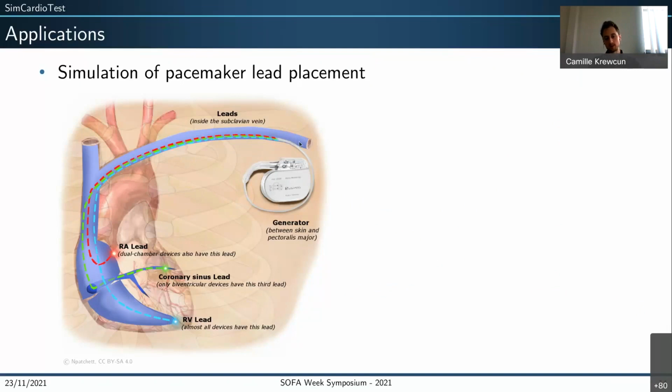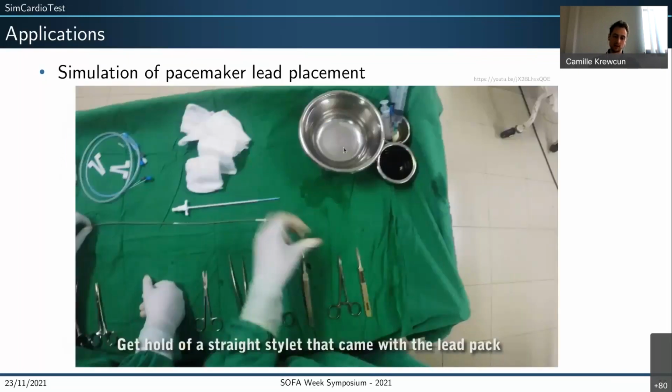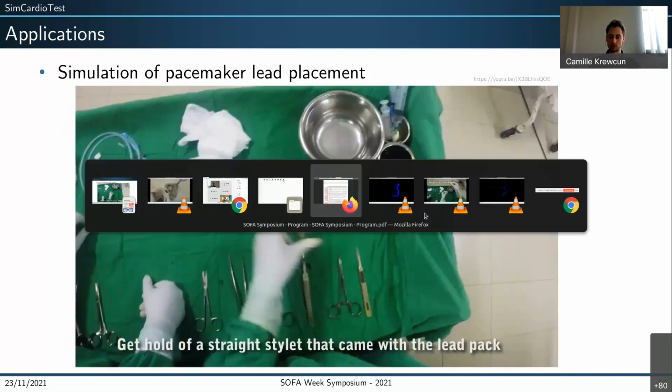What's important here is that the lead is actually something that is pretty soft. So it's good because it's less likely to damage structures inside the heart. But the drawback of this is that it's hard to navigate it because of the softness. And in order to place the lead inside the heart, the physicians use what they call a stylet,